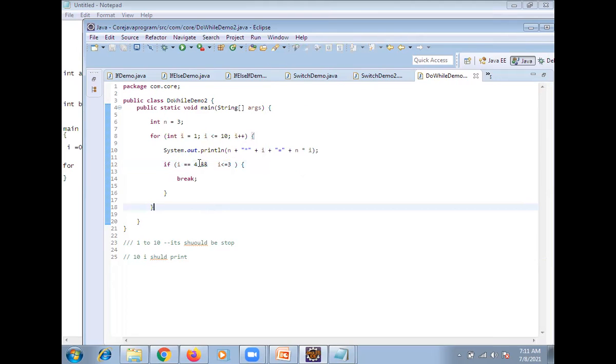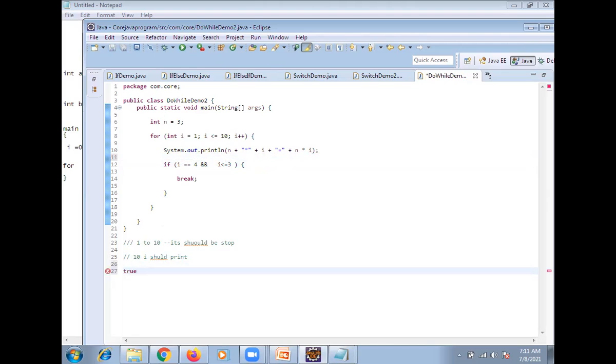Why? Because whenever these two conditions are satisfied, now what you are checking initially, I equal to 4 and I less than or equal to 3. These two conditions never satisfy. When I value equal to 3, it is expecting 4. In the AND operator, what will happen?